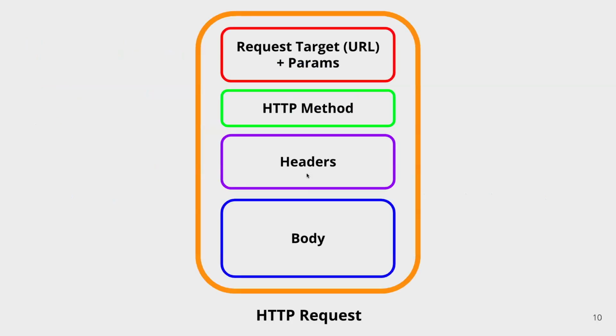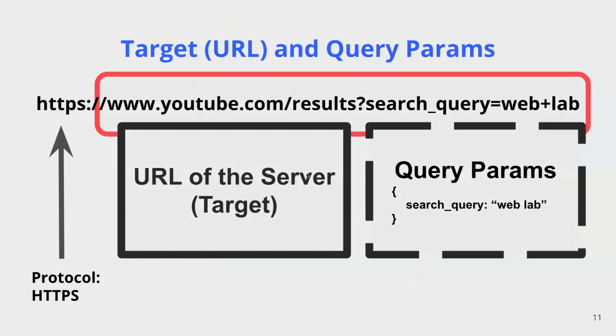So this is what an HTTP request looks like. So we can break it down into 4 parts. So first, you have the request target, or the actual URL that you're typing into your browser. And then we also have the specific HTTP method, as well as headers and body. So let's talk about each of these 4 parts that you need to know, starting with your target URL and